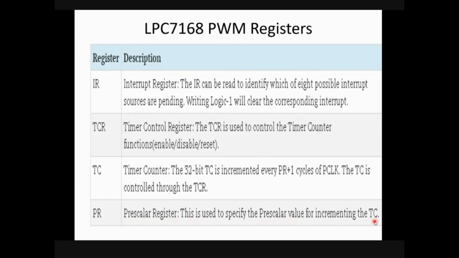See, these are all you need to understand. After explaining the theory part, I will show one animated version of how PWM is generated. There you can analyze the importance of these registers. The prescaler register is used to specify the prescaler value for incrementing the TC.